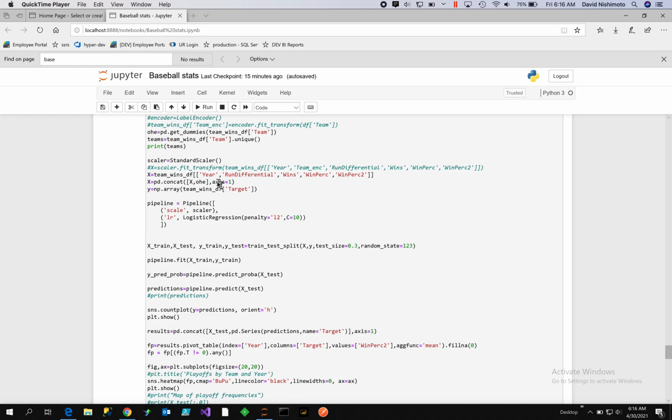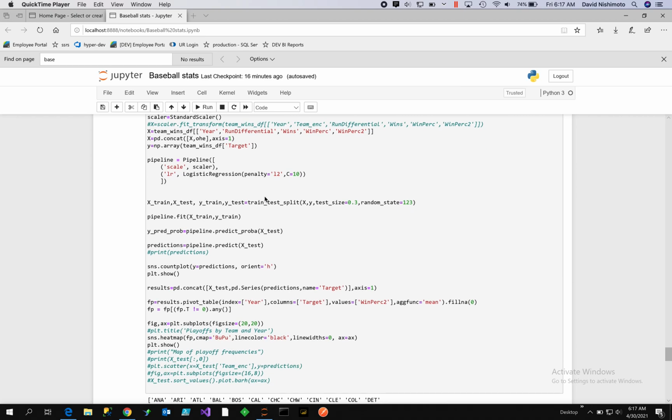And then we'll just put it into a concatenate. What I'm doing here is concatenating the columns to the OHE, one hot encoding, and that's to encode the different teams. So based on the team, it will have an encoded value,